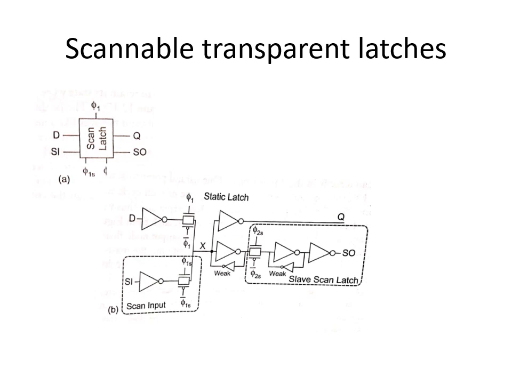During scan, the global clock is made low. With this, phi 1 is low and the latch is opaque. Then, the two-phase non-overlapping scan clock, represented as phi 1s and phi 2s, are toggled to send the data through the scan chain. The SO, that is the scan out terminal of each latch, connects to the scan in terminal, that is SI, of the next latch.